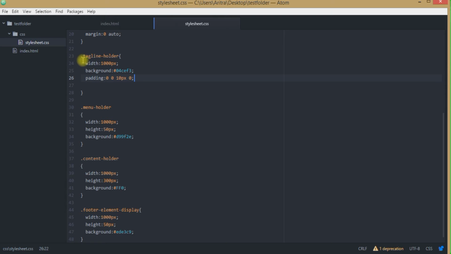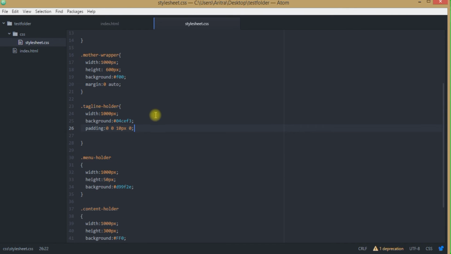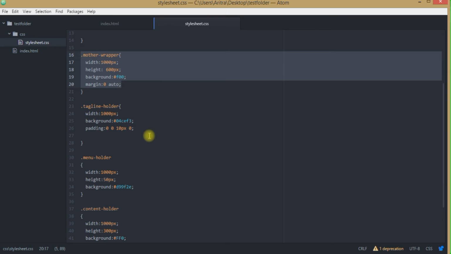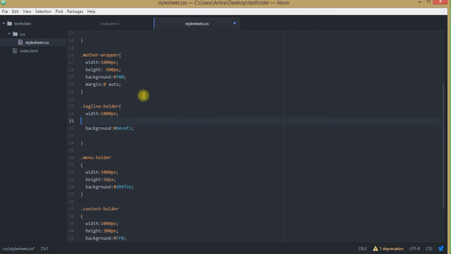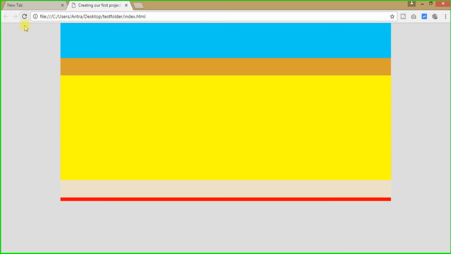Oh my god. Did you see the problem? What I did here was I just placed this padding inside this tagline holder, but this is not the actual area where I intended to provide it. So all I wanted to do was place it over here. So what we are doing now, provide this padding thing over here, get back to your project and reload, and we see that the same thing has been reflected in your site.